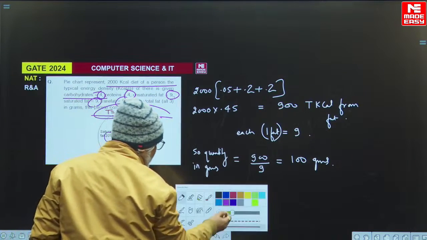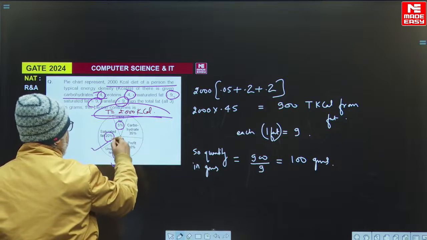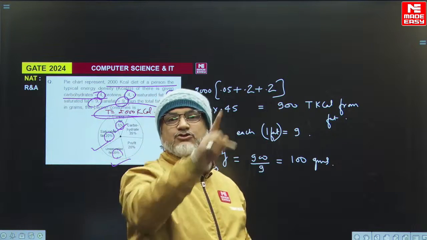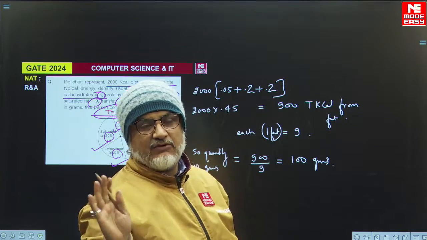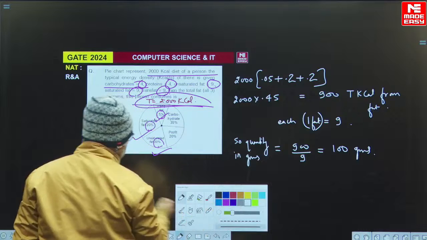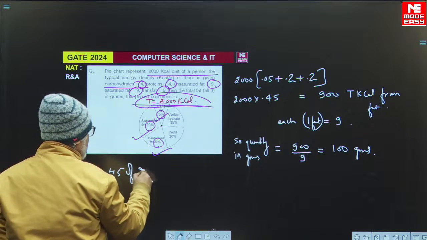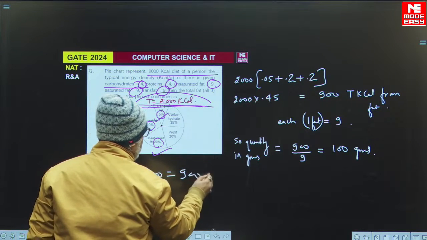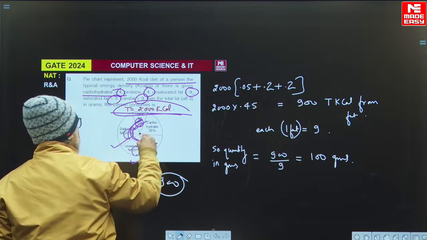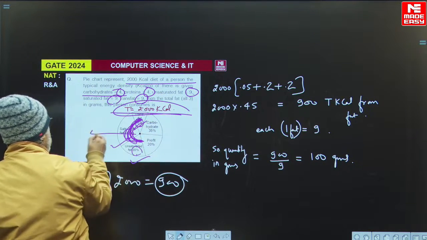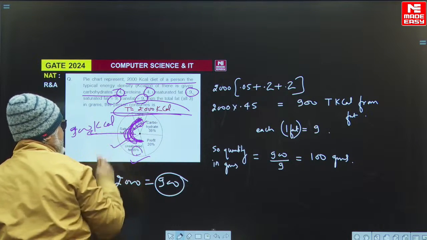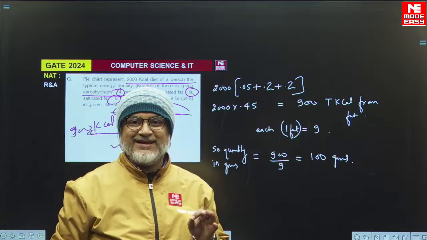So फैट का टोटल जो है 20%, 20%, 5%, 20, 20 and 5, 45% of 2000 लिखने की आवश्यकता ही नहीं है। 45% of 2000 will come out to be 900. 0.45 of 2000 will come out to be 900, the total energy due to these three. इन तीनों की वजह से जो एनर्जी आई है वो कितनी आई है? वो आई है 900 किलो कैलोरी। 900 किलो कैलोरी एनर्जी तीनों फैट की वजह से आई है. Coincidentally, the good